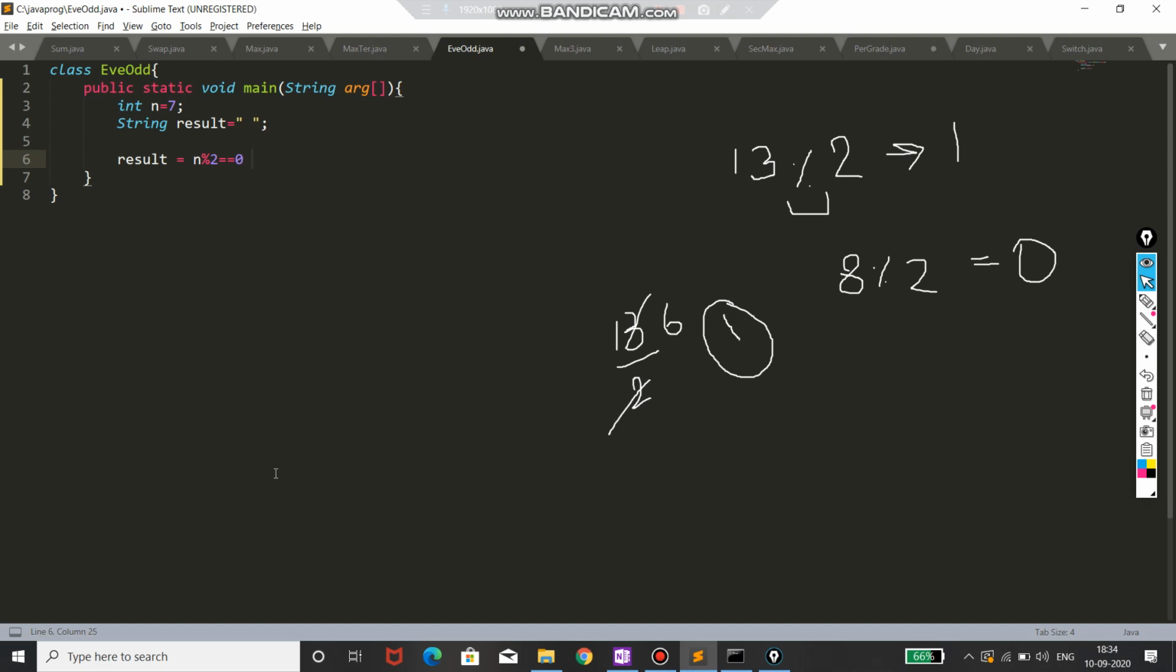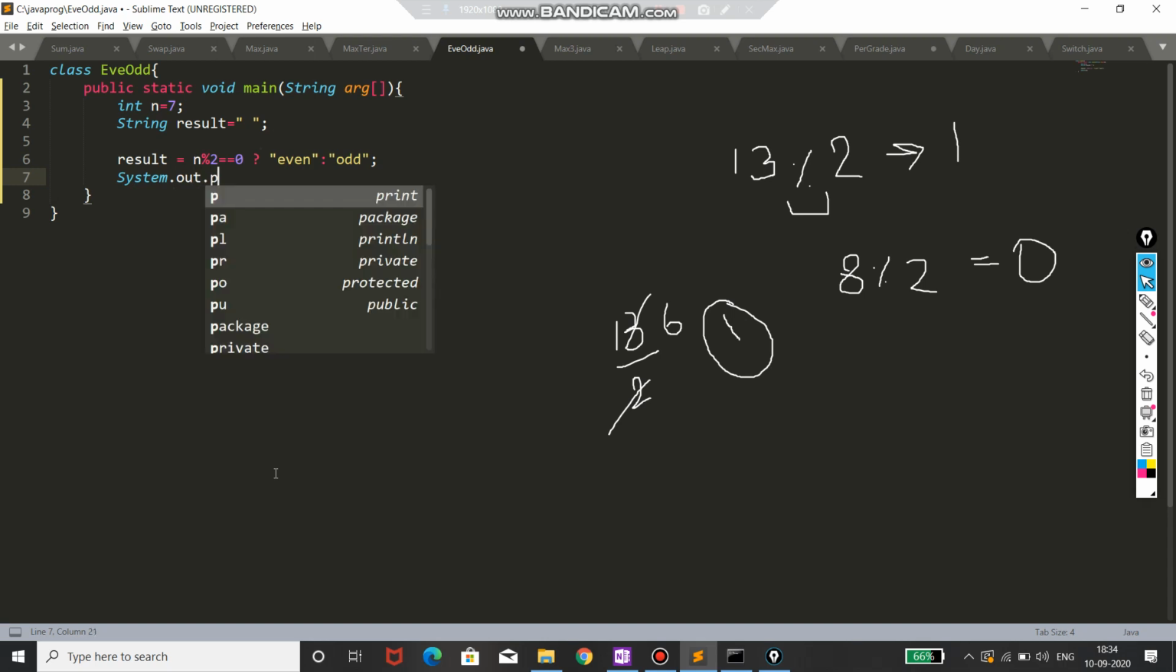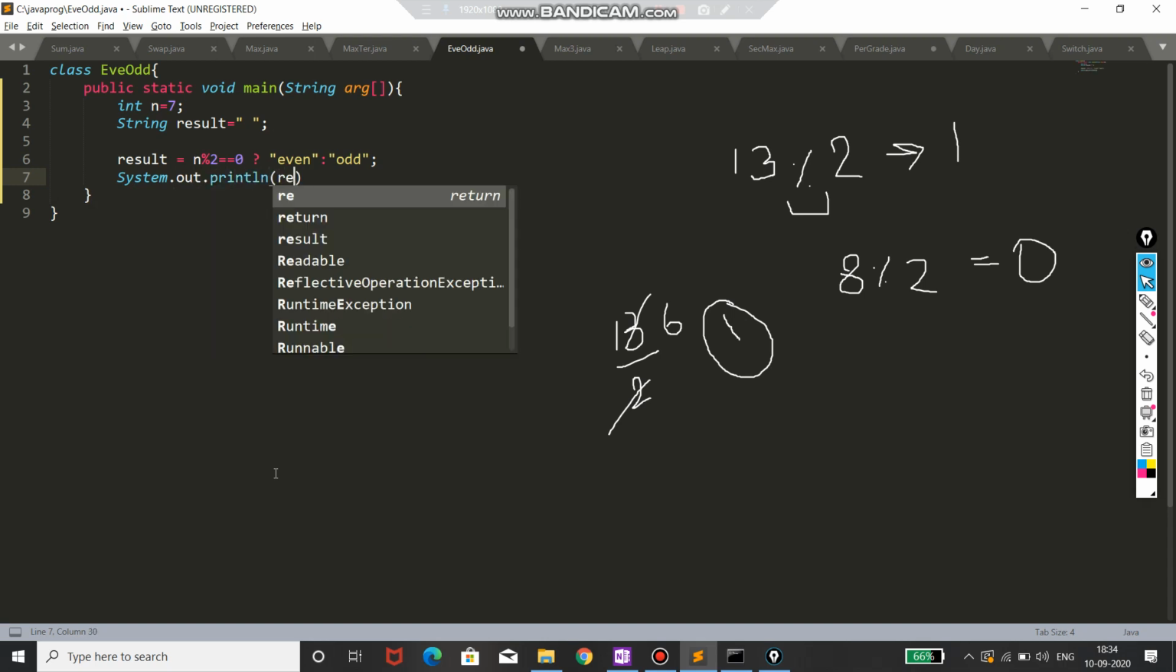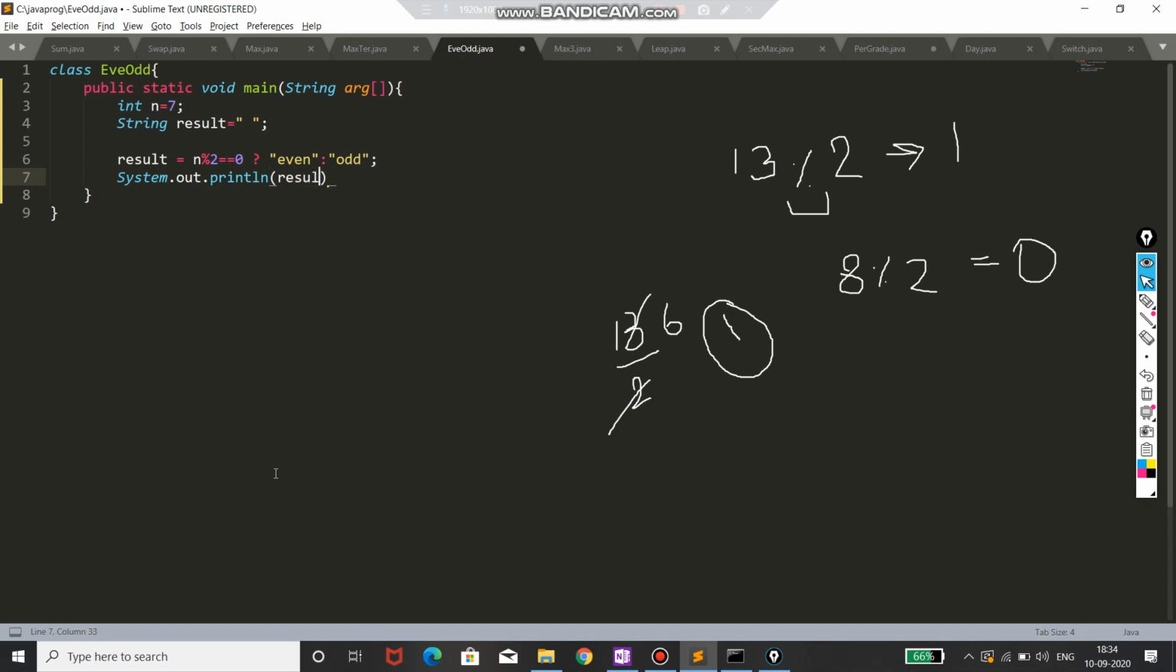So if this is true, then we'll store in the result even, and if this is false, we'll store odd. Done. Now we'll print the result. So here we have System.out.println and the result. Done. I'll save it,